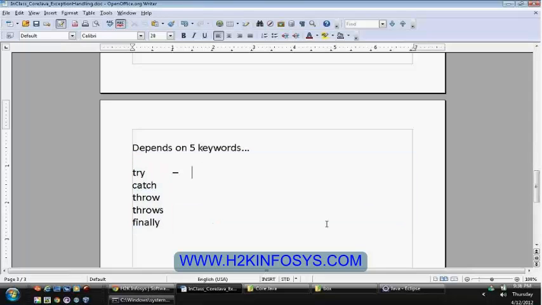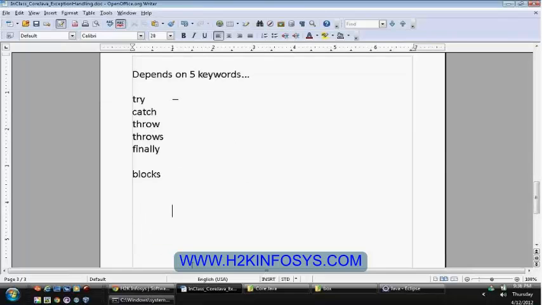I will just provide a brief definition of each keyword. Try. All these are used with respect to blocks. Whenever you write some code, we have discussed for loops, if control statements, while statements, or any other kind.